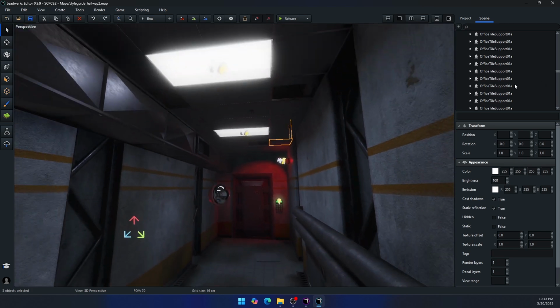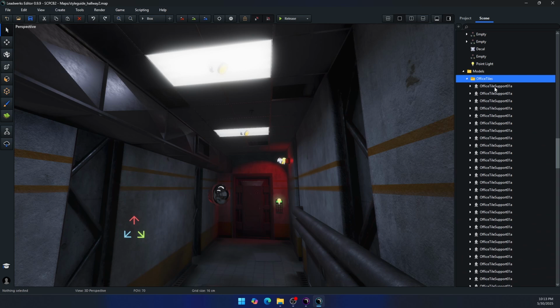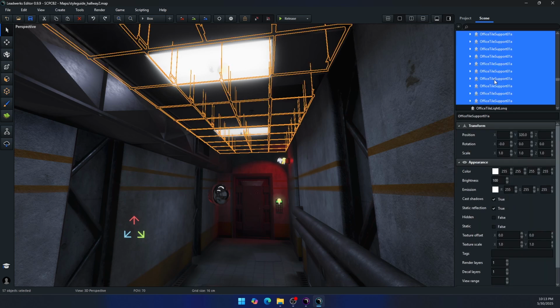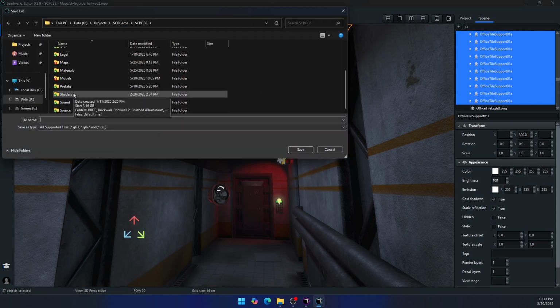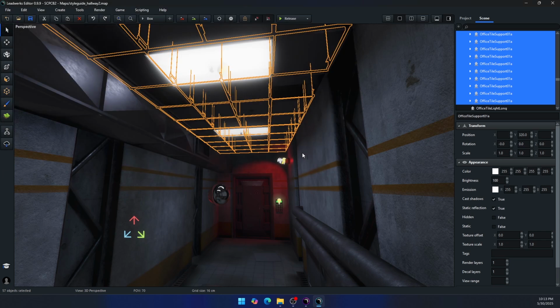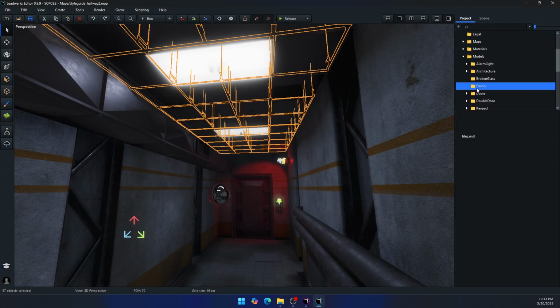Thankfully all these office tiles are in a subfolder here, and I would just select all these, right click, save as model, and I'm going to go to my models. I'm just going to this demo folder. I'm going to call this tiles. I'm going to save as a Leadwerks model, and hit save. Let's see, it gets saved. I'm going to refresh,